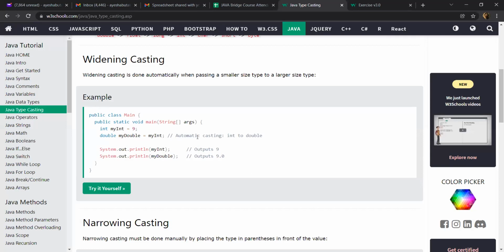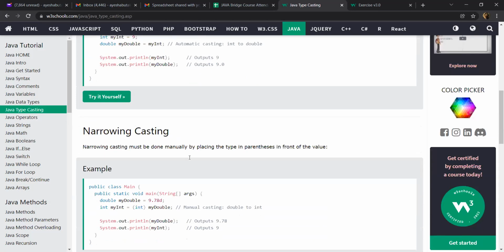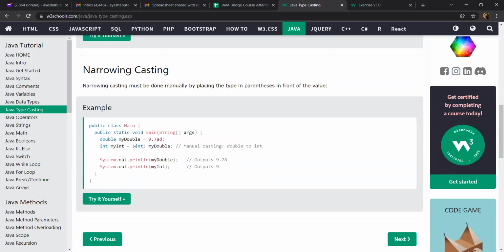Okay, so this is automatic casting. फर्क नहीं पड़ेगा। 4 बाइट्स का डेटा 64 बिट प्रोसेसर है, तो 4 बाइट्स का डेटा 8 बाइट में तो आराम से घुस सकता है, और 9 और 9.0 में फर्क भी नहीं होगा। सो दिस इज वाइडनिंग कास्टिंग एंड डन ऑटोमेटिकली।